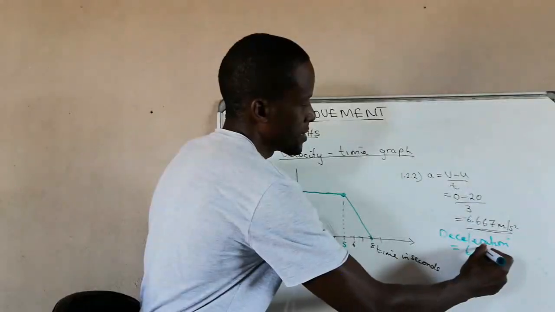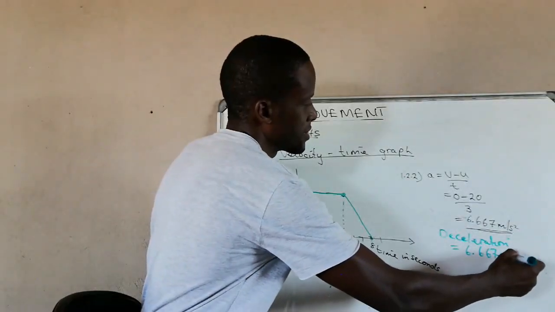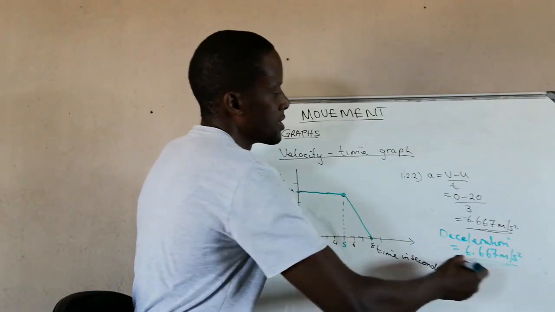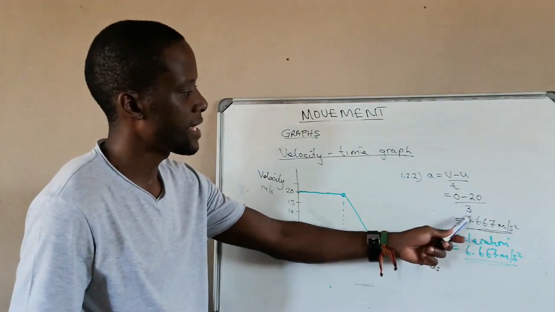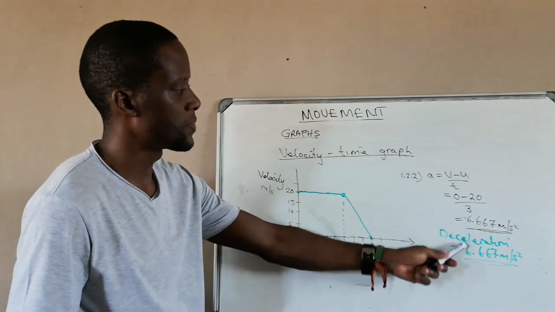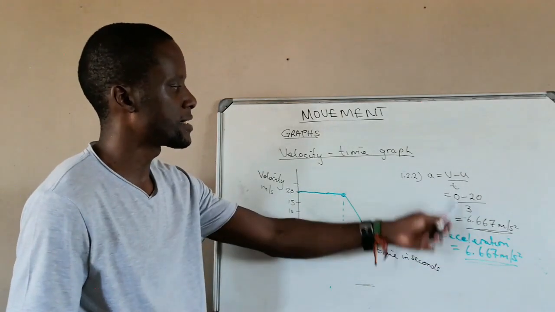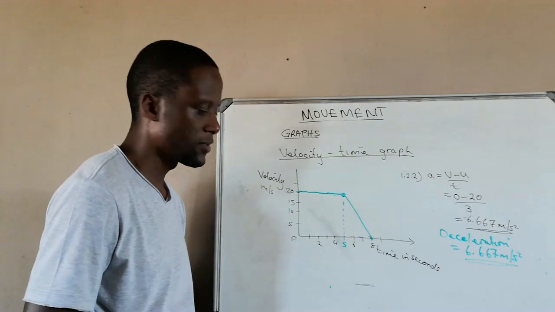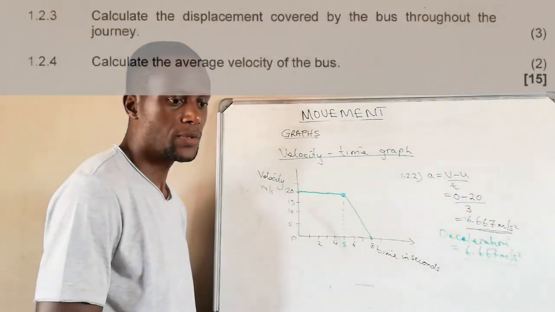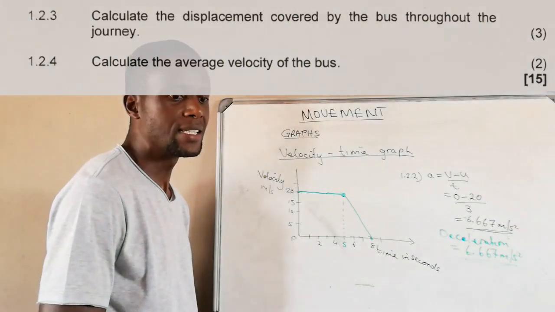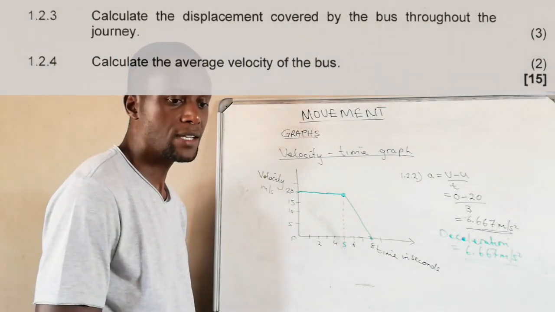say deceleration equals 6.667 meters per second square. Okay, so if I call it a deceleration, I remove that negative sign. The deceleration represents the negative sign, but if I call it acceleration, I have to indicate a negative sign. Alright, our next question reads, calculate the displacement covered by the bus throughout the